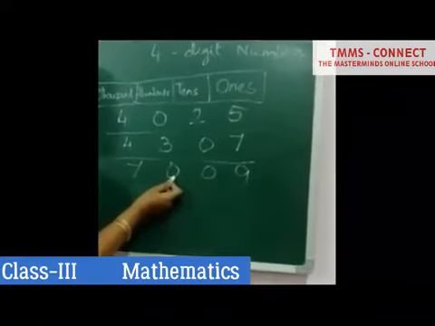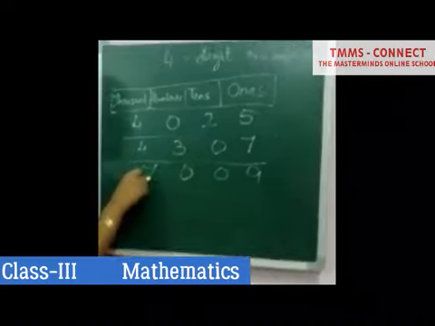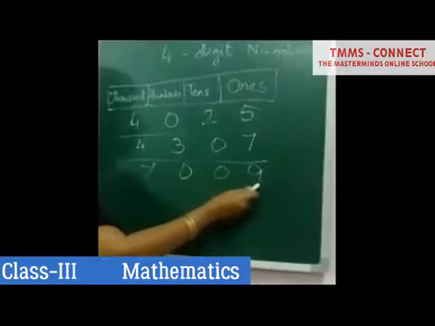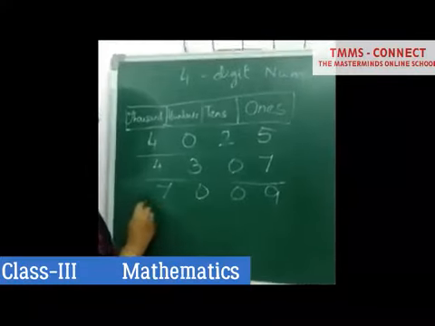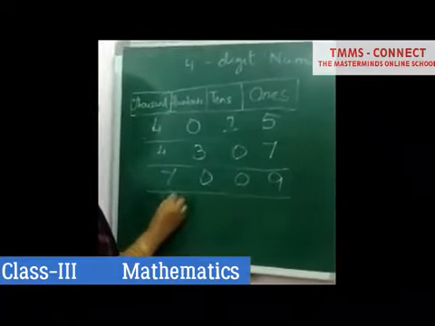We don't have any number here in the hundreds and tens place. So, we read this number as 7009. Okay, 7009. So, if I have a 0 here in the ones place also, then